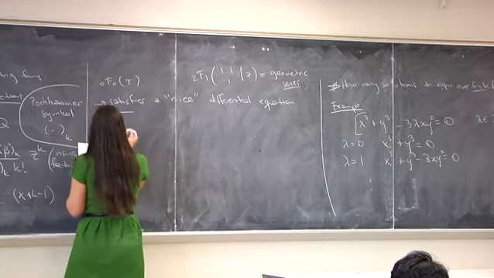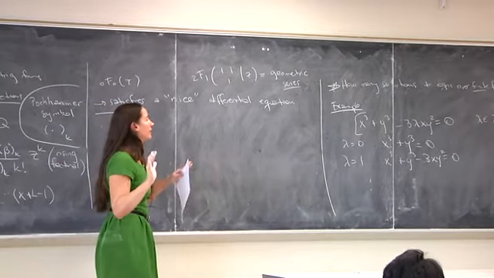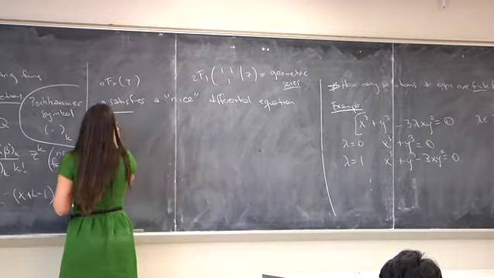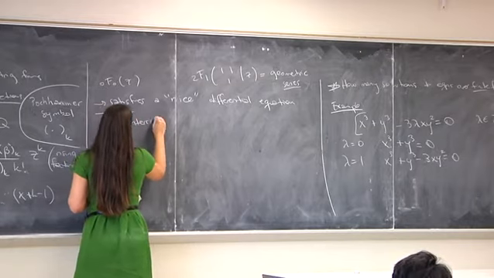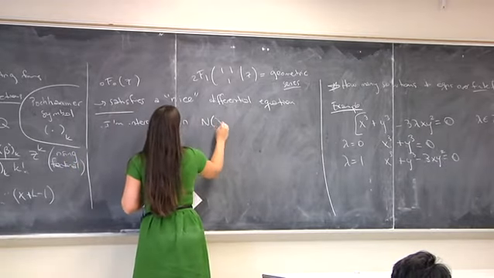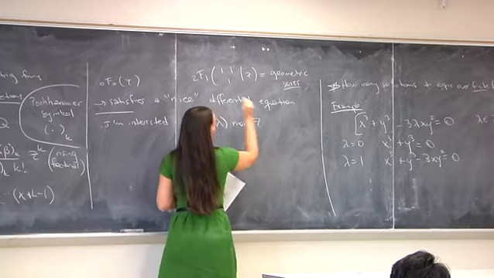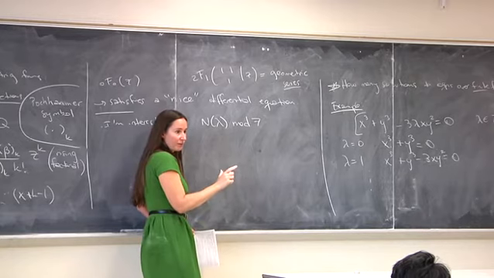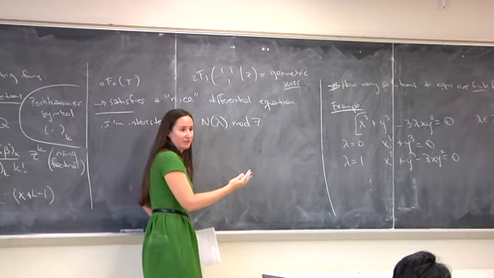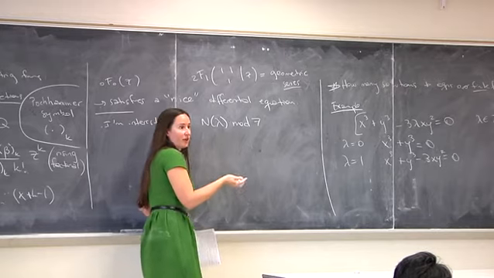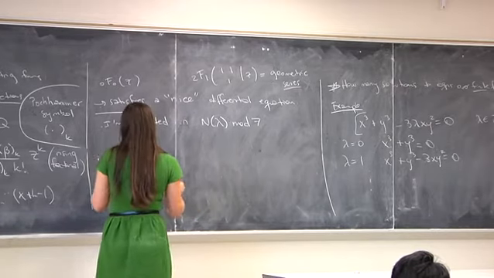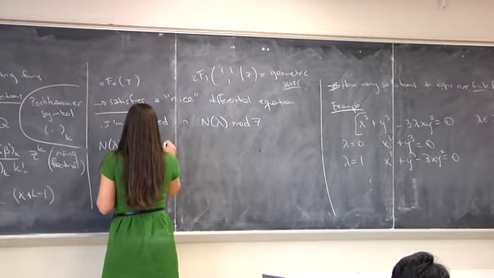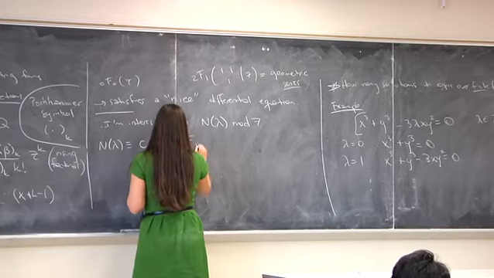And so for some reason that I'm not going to explain, I'm not interested in N of lambda in general. I'm interested in N of lambda mod 7. So N of lambda is some integer, and I'm going to take that integer and mod it out by 7. This is what's going to give me my pattern. And so N of lambda mod 7 is some constant that we're not going to worry about, plus 2F1